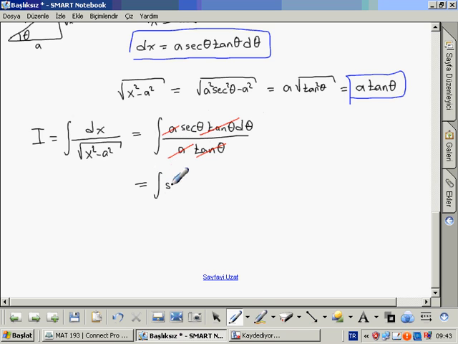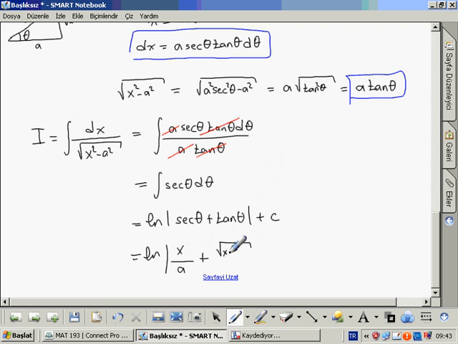So the integral of secant theta d theta equals ln of the absolute value of secant theta plus tan theta plus c, and secant theta is x over a, because of 1 over cosine,